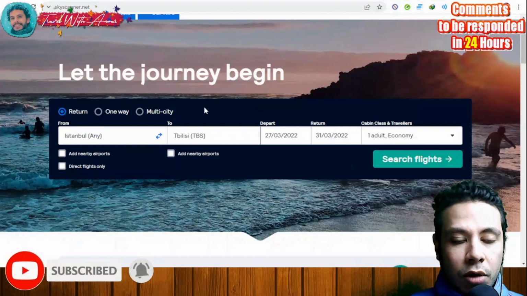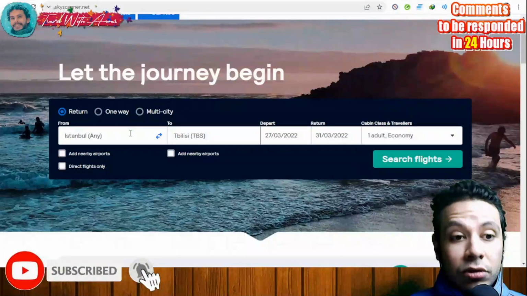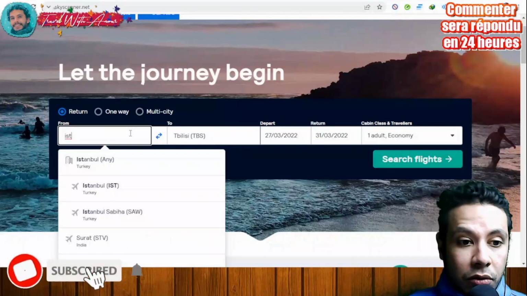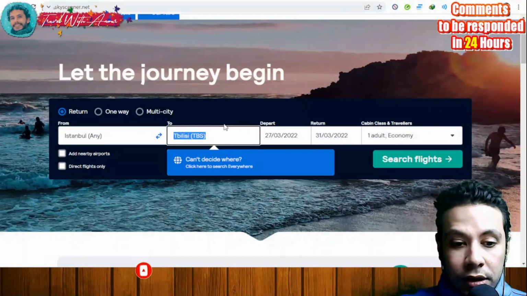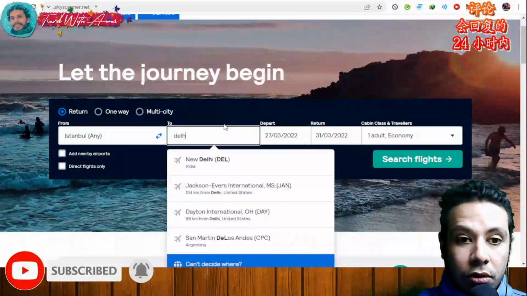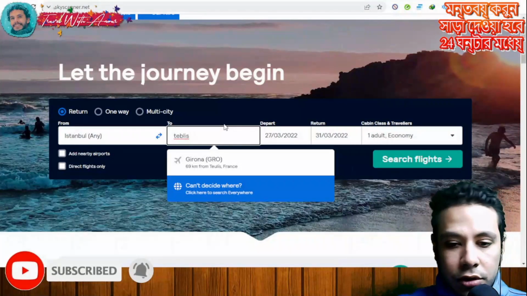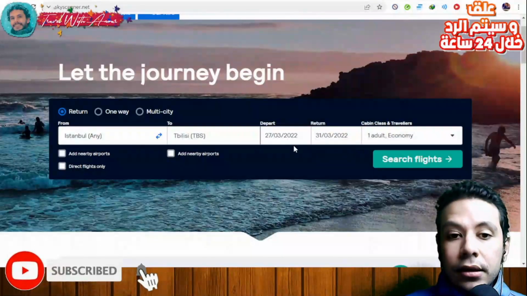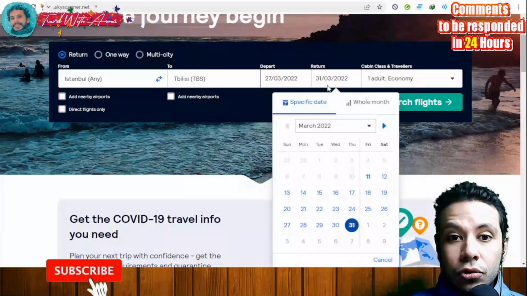But let's just assume you're moving from only one city to another and you want to have a return flight, going and returning back. So assuming you are going from Istanbul, of course you can choose whatever you want, if it's in Istanbul or whatever airport it is, and returning, what is your destination, where are you going? You're going to Delhi, or you're going to Tbilisi, Georgia. Tbilisi. And here you will have to choose your departure date, and here you'll have to choose your return date,